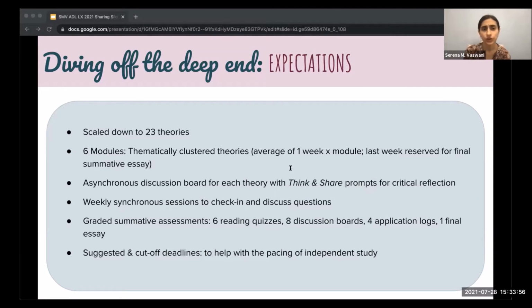So I designed the course to have asynchronous formative discussion boards for each theory. And in each discussion board, there was the reading assignment, some multimedia resources for theory applications, and my narrative weaving through them, a summary outline of key points, and a closing set of think and share prompts for the class to engage with. And these asynchronous discussion boards for each theory were meant to be no pressure, non-graded spaces. Each discussion was set up as a discussion board because I felt this would also allow my students to ask questions and clarify points of confusion with the material they had just engaged with.